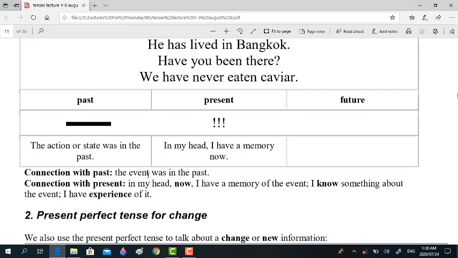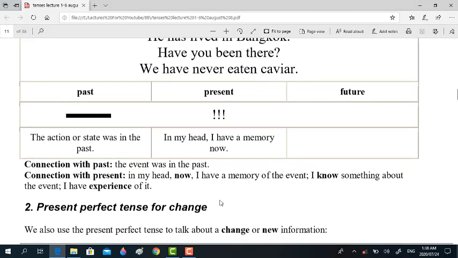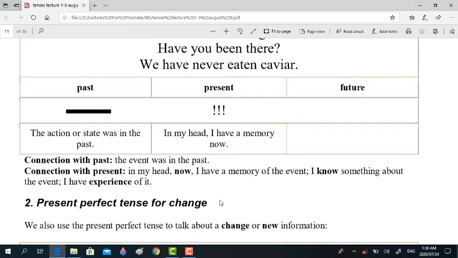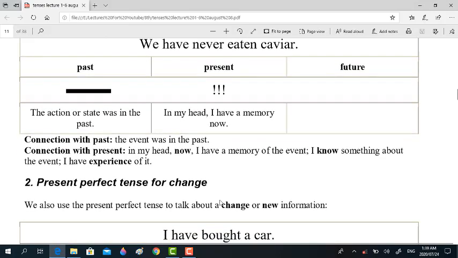Connection with past, the event was in the past. Connection with the present, in my head. Now I have memory of the event, I know something about the event, I have experience of it. Since you are witnessing the impact of that completed action in the present, there is a connection between the past and the present, right? It talks about an action that began in the past, completed in the past, but you have the impact in the present, right? For example, if you go into your class